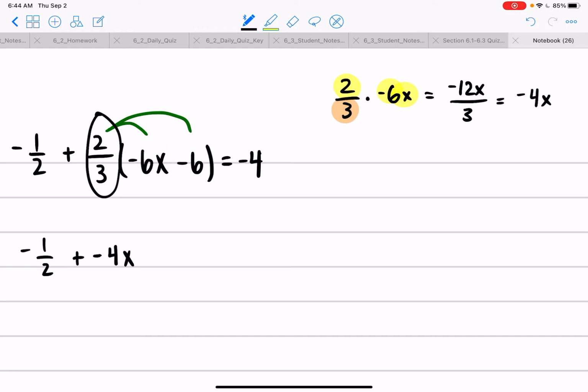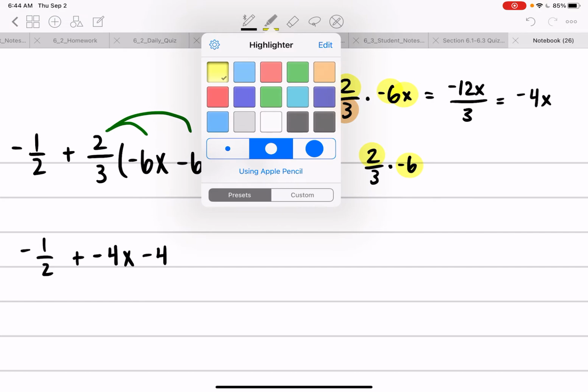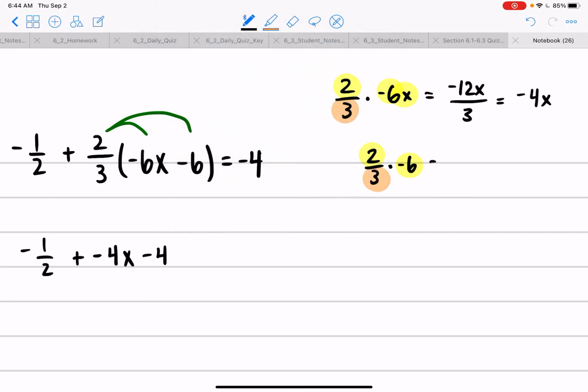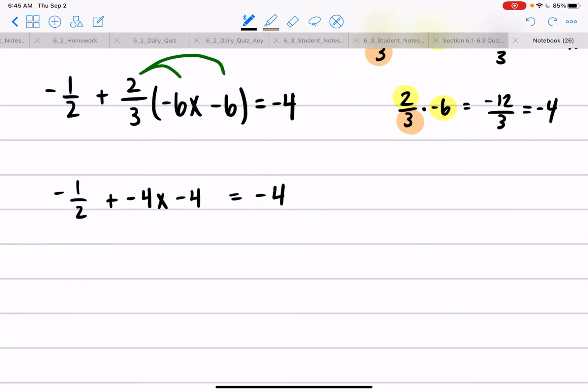How about when we multiply 2/3 by -6? Well, it's actually going to be the same thing, except it's just not going to have the x like -6x did. So that's going to be -4. And again, the reason for that is 2/3 times -6, you would only multiply those two guys there, and you leave the 3 alone. So this would be -12 over 3, which is -4. Okay? And that's going to be equal to -4, which was already over there. Okay, so from here,